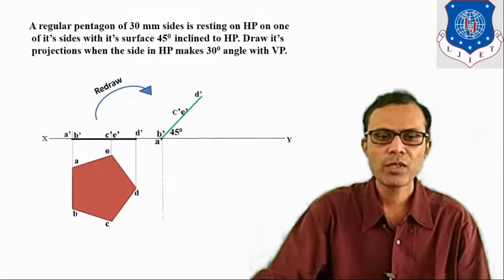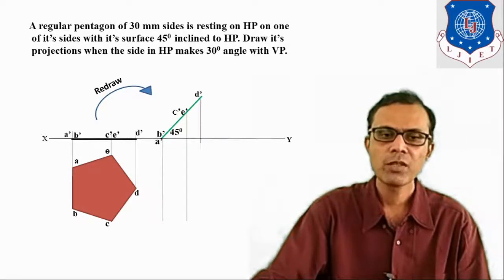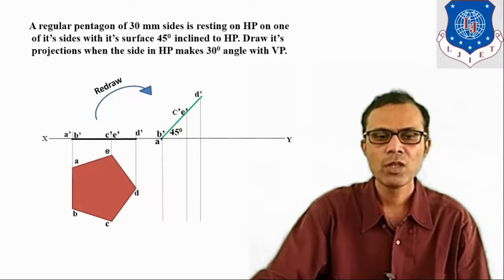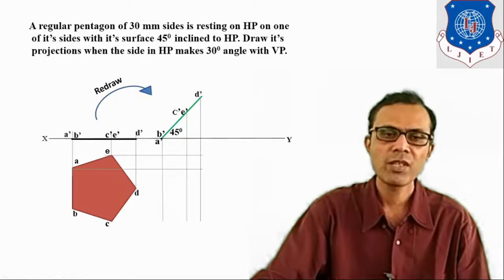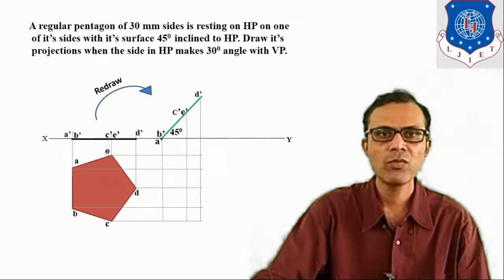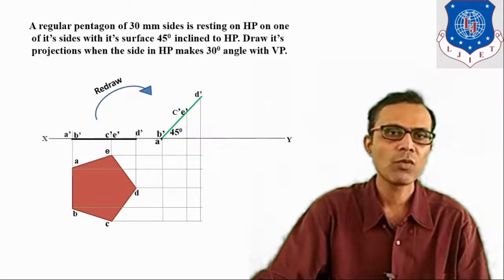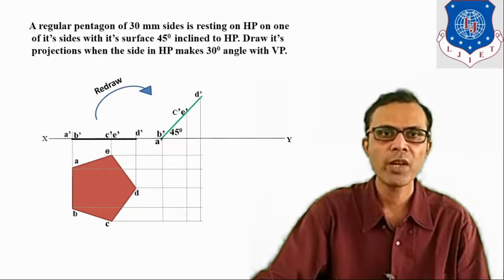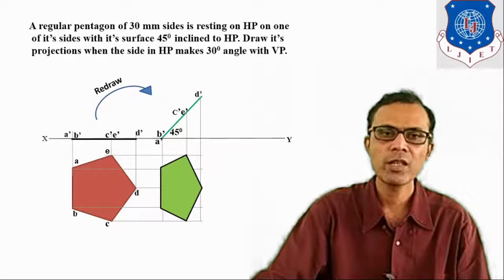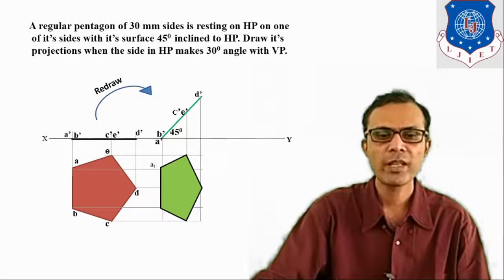Now draw the projection from all the points of the front view, and to draw the top view you also have to draw the projection from all the points of the first stage top view as shown here, and we have to mark all the respective intersecting points with notation. When we join all these points in sequence, we will get the required view in the second stage. So you can see here, it is the top view for the second stage.